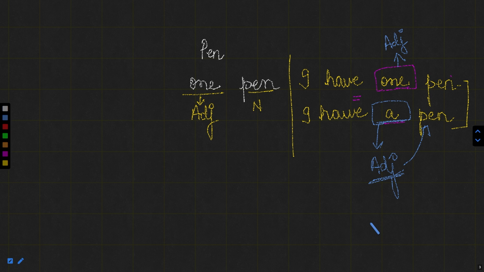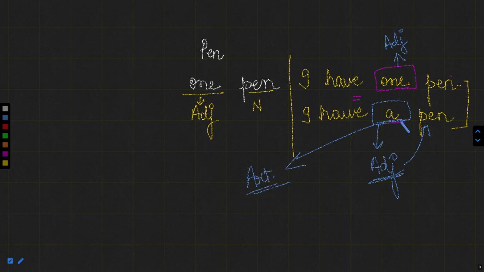But what is actually the difference among determiners, adjectives, and articles, we will discuss later on. Now, in this part, we are just going to discuss what articles are. If you see this word "a", this is actually an adjective, or you can say this word is behaving like an adjective. Due to this we can say that these are the same and both are adjectives. It means this "a", but we have heard "a" as an indefinite article. It means this can also be said as article and adjective.